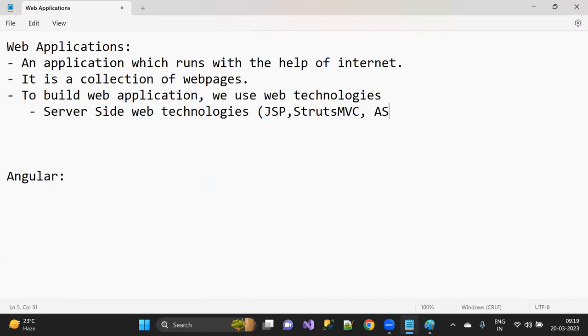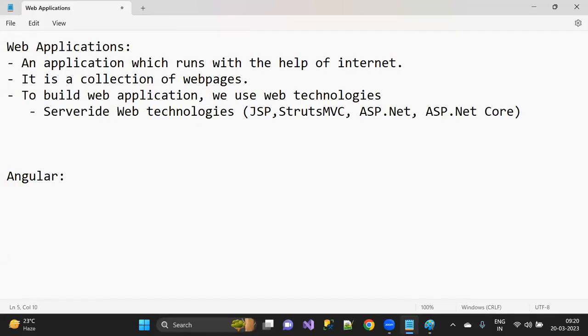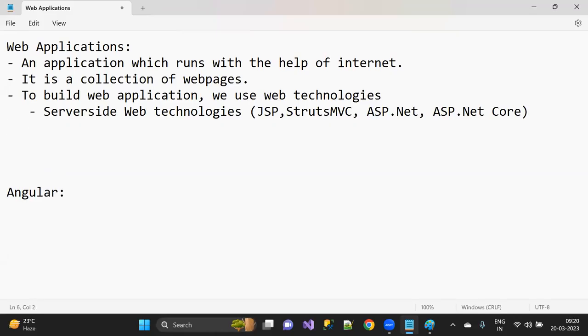Maybe if you're a .NET developer, we have ASP.NET and ASP.NET Core MVC. All these are server side technologies which are able to communicate with the servers. But for the end user, it doesn't matter on which web server you're running your application, or how it is processing. From the end user's point of view, what is important is the client side web technologies.